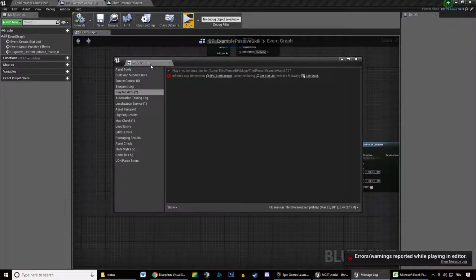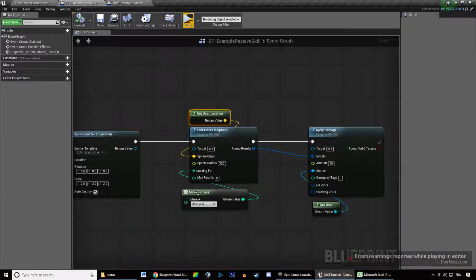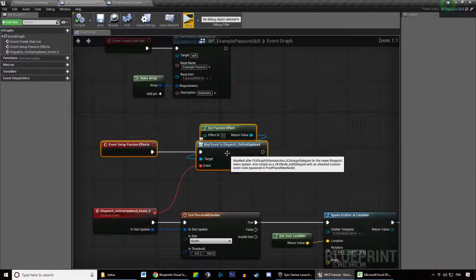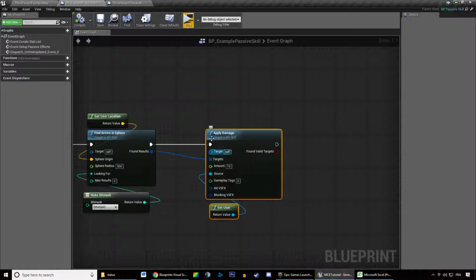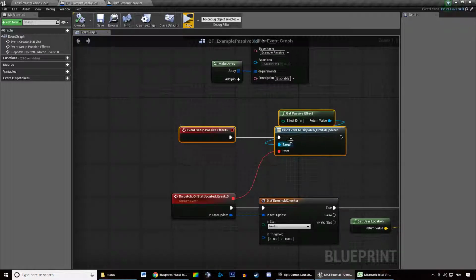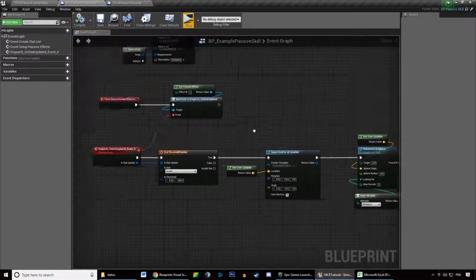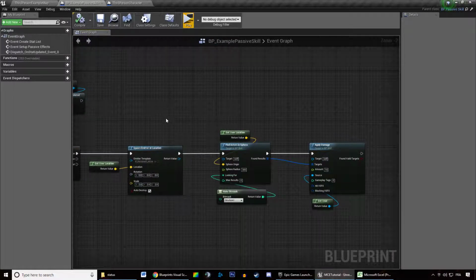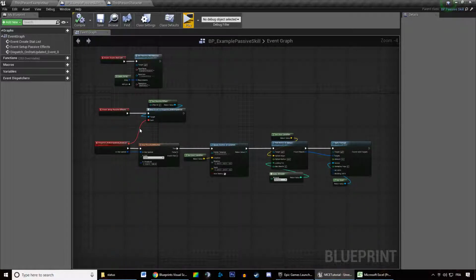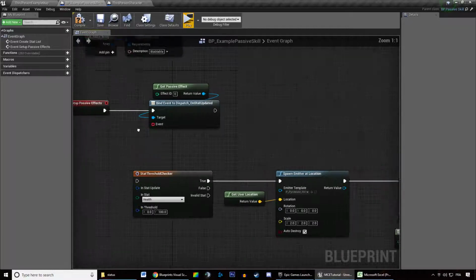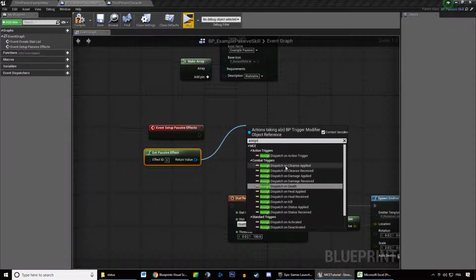Oh, infinite loop detected. What did I do? Oh, of course. I said when the else gets modified, you get the else and you deal damage. So it's modifying the else. So the else gets modified, and we are modifying the else, etc., etc. So we cannot do this, but we can say something else. I'm just going to get rid of the events. We can assign something else. We can assign, for instance,